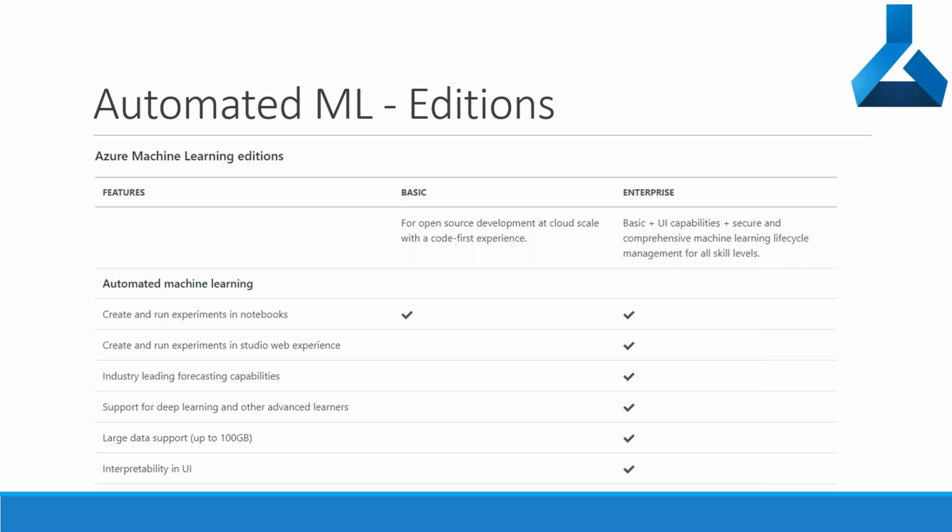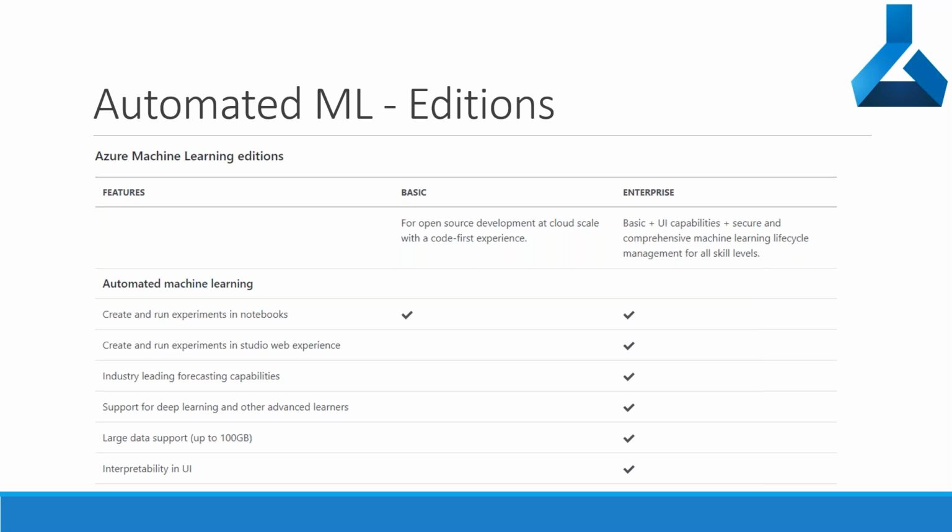When we talk about anything on Azure, the first thing that comes to mind is pricing and what the different editions are. I have put a link to the pricing information in the references section. The reason is that the enterprise edition is currently in preview mode, so there are a few things you can currently do for free. It is better to check the pricing at the time you're consuming it, or when it becomes GA, so you will know the exact pricing for using automated machine learning.